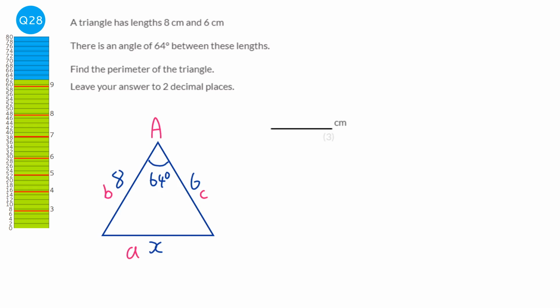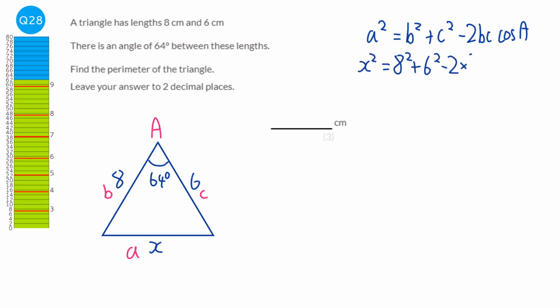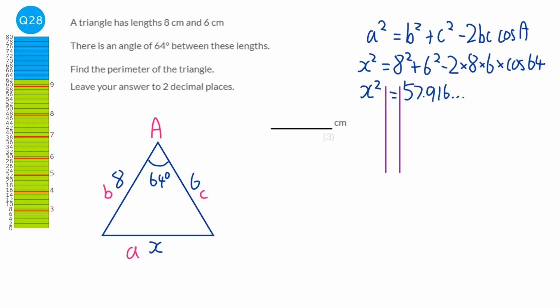So we're going to write down the cosine formula. So it's a squared equals b squared plus c squared minus 2bc cos A. And so that would be x squared equals 8 squared plus 6 squared minus 2 times 8 times 6 times cos 64. And that will be x squared equals 57.916 and so on, and we just need to solve this by square rooting both sides. So it would be x equals